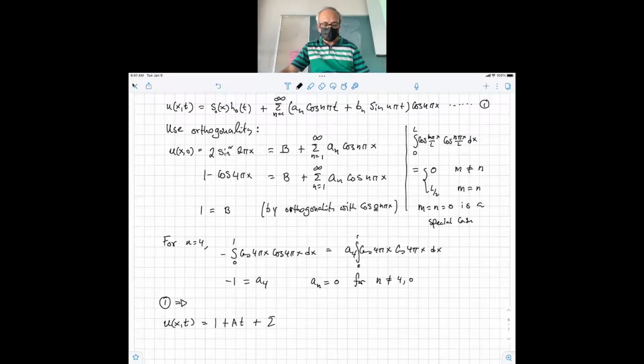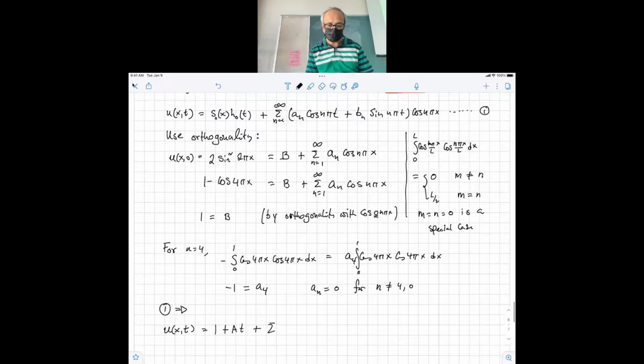You can see that a_n cos n pi. So I can split this sum. You can look at this part and this part separately. If you do that, perhaps we can write it maybe